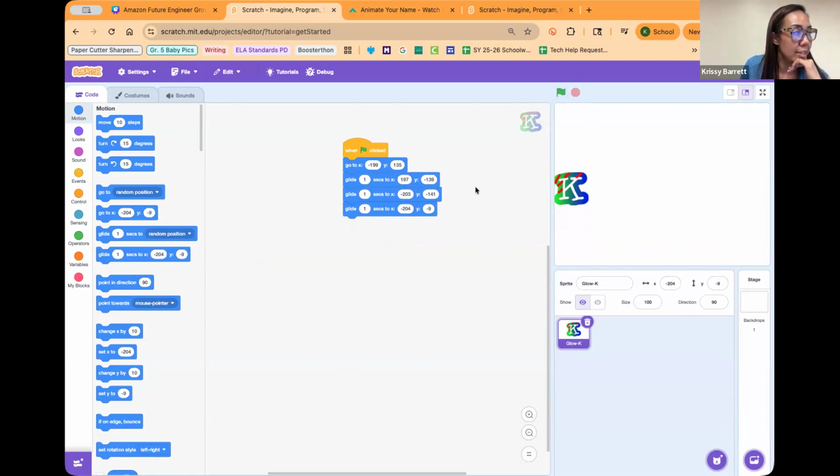So you can test individual sprites by clicking on this block stack, or you can test your whole program, as you start to add more sprites, by clicking the green flag. So I'll just click the green flag, and you notice that it did that completely on its own. So we programmed our letter to move around. So that's just one of the animations.